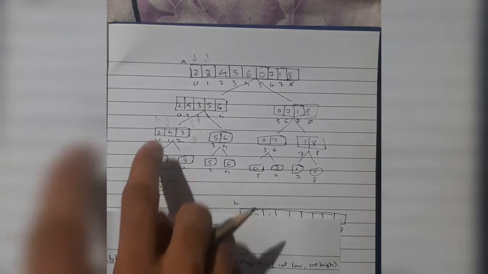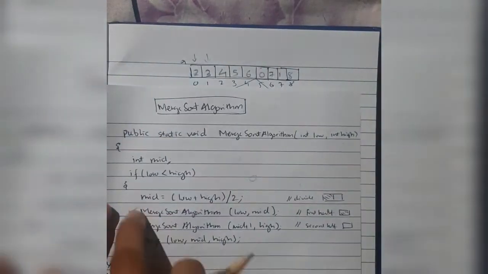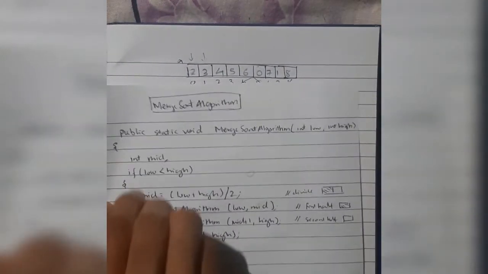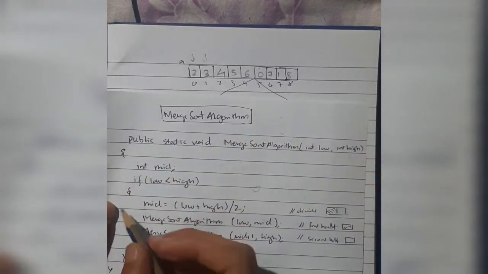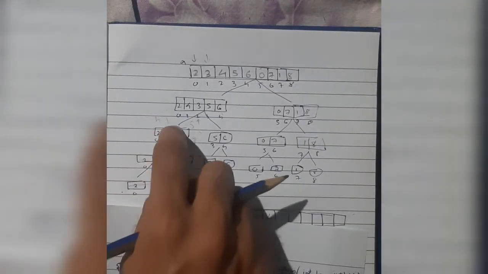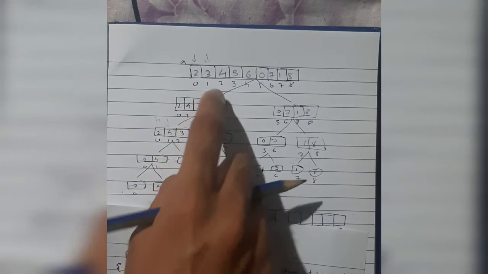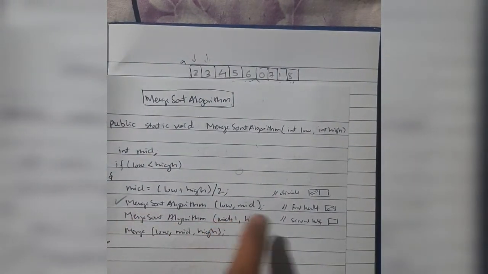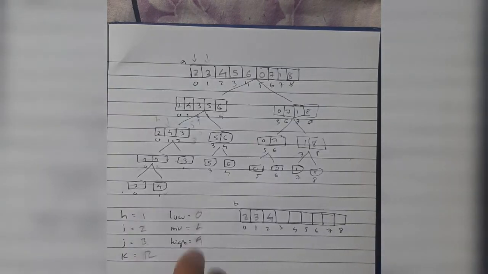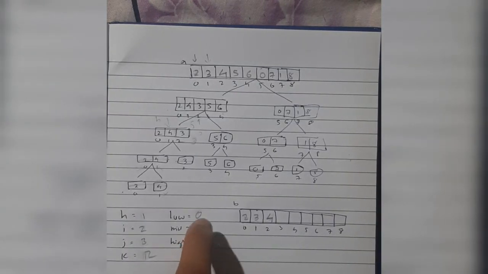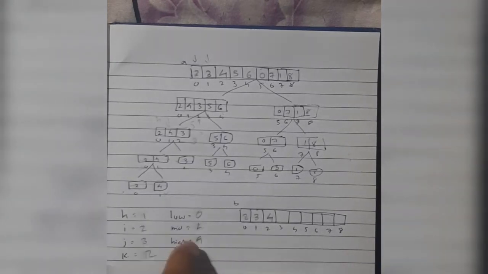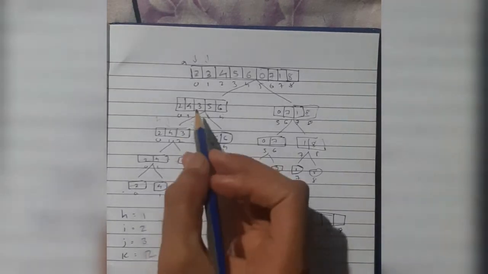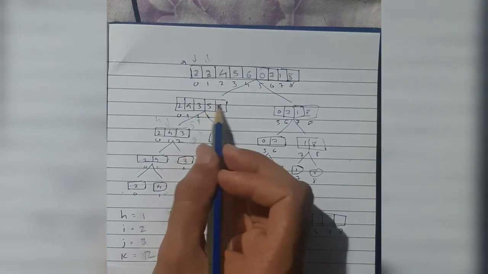Now this is over. Now we'll be doing the second line of code. Means what is over till now is we are done with the first half under this array. The second half is 5 and 6. So in this code we'll be passing mid plus 1 and high. What is mid plus 1? Mid plus 1 means 2 plus 1. 2 plus 1 is 3. 3 and high is what is the value of high? 4. 3 and 4 is getting passed from this array. 3 and 4 is getting passed, which is the second half.